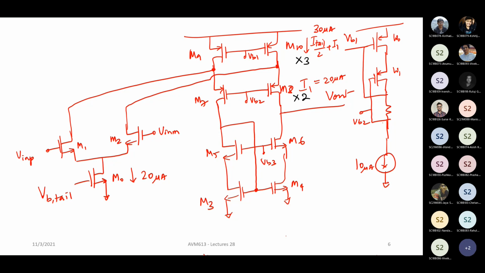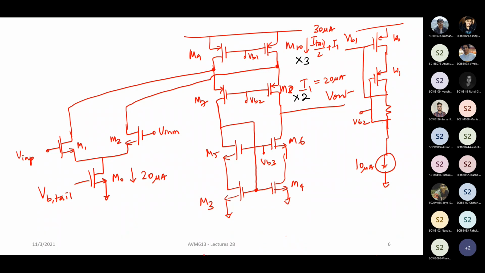So this we have already seen. Similarly, how will you generate VB3? VB3 also you can put another current mirror. Maybe I'll not show how it is done, but we have already seen different ways of generating these current sources, these biases. So this is going to be a cascode bias generation, which you have already done. We have also done an assignment or a design exercise on that. So that's the way that you will design VB3.